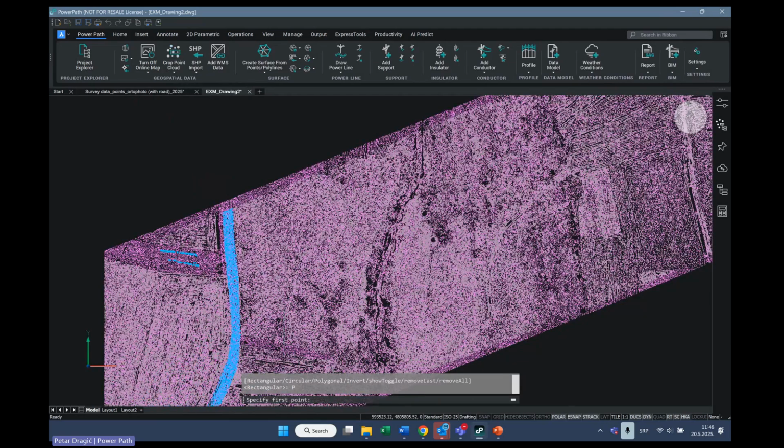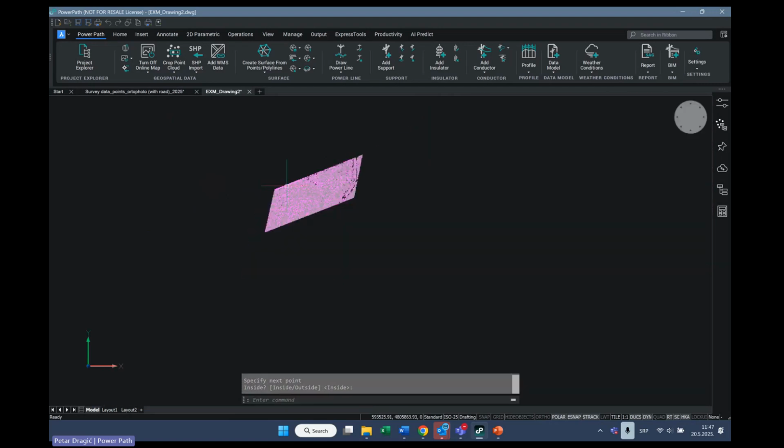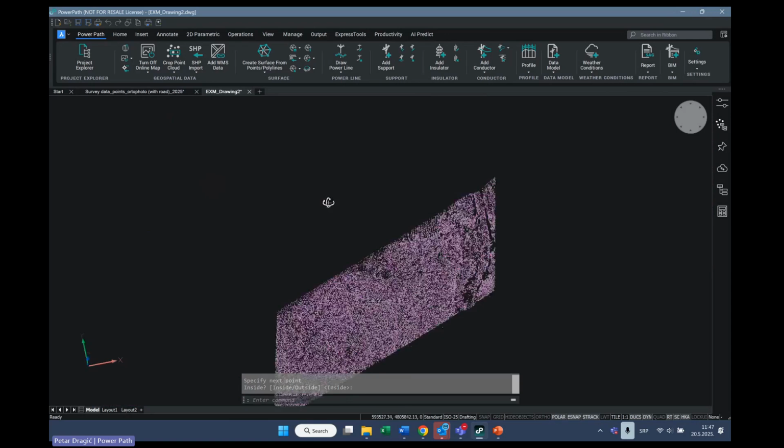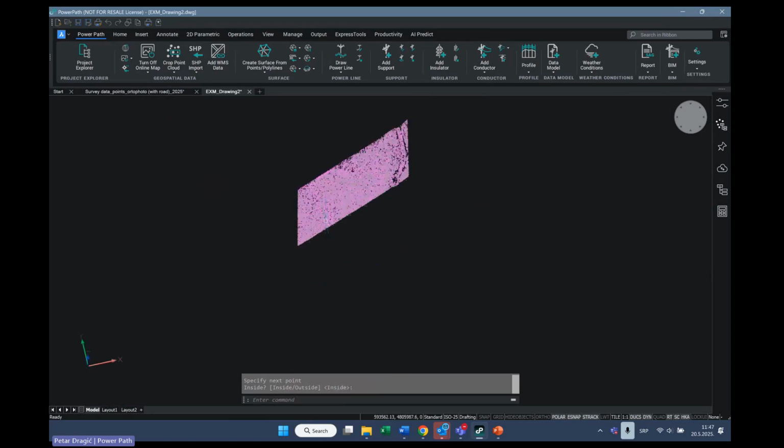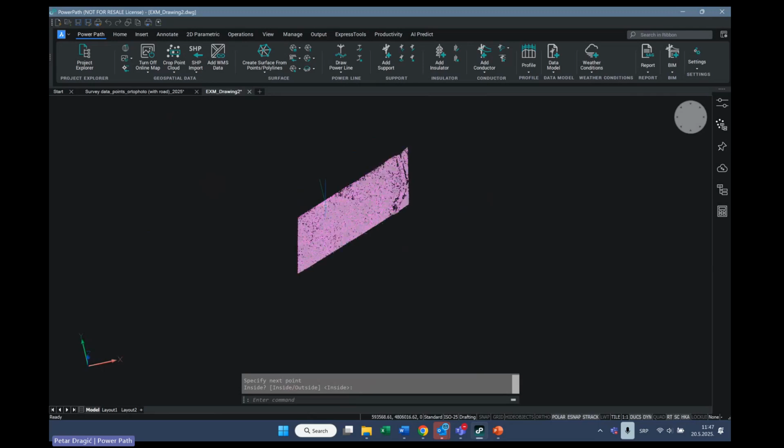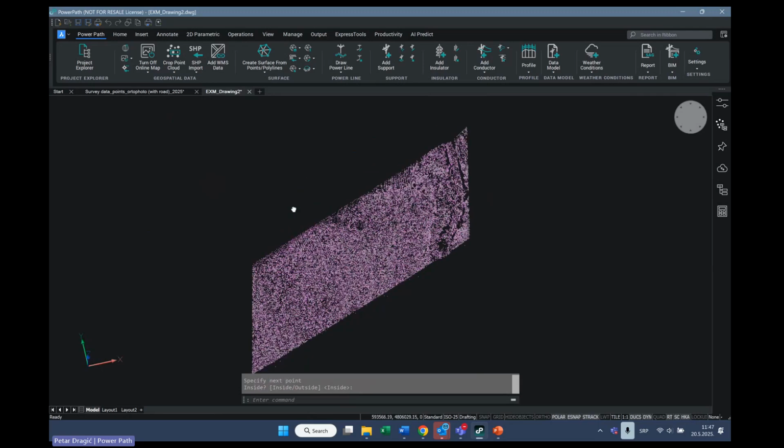And if I'm going to the command for cropping point cloud, here on the command Crop Point Cloud, I want to show you how you can, for example, crop just one part of your point cloud data, for example, like this. Press enter, select inside, and I have cropped that point cloud data. Why did I crop this point cloud data? Because I want to show you how you can create the surface just for the cropped point cloud data.